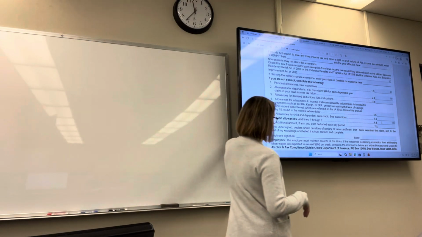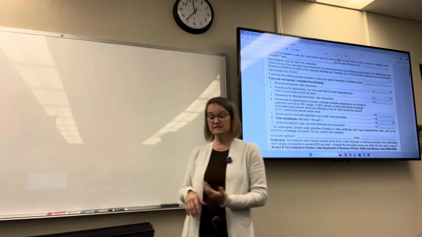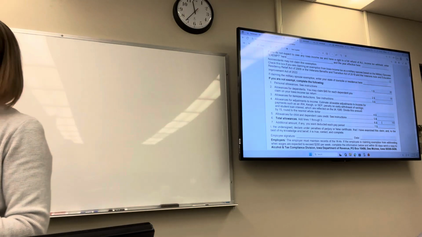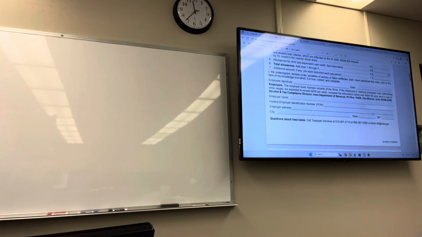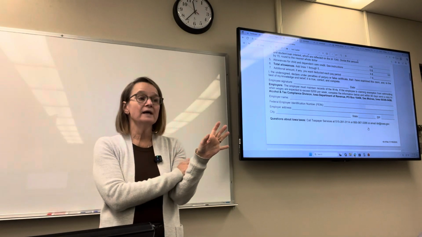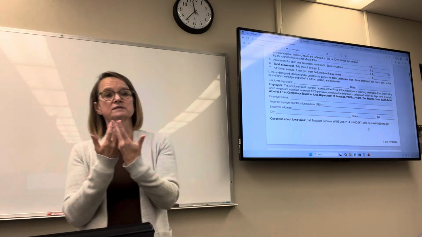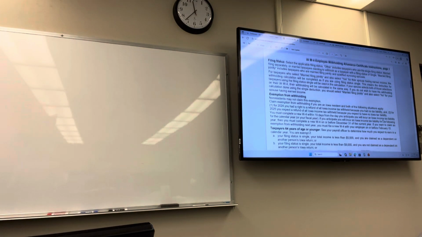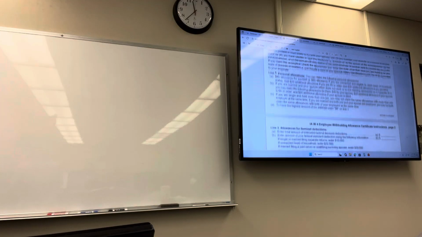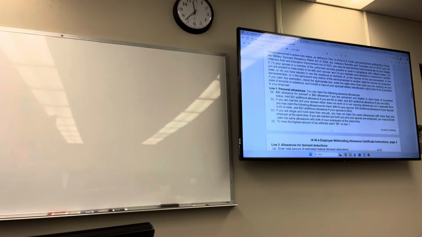And then again, any additional amount that you would want deducted, like if you want an additional $50 every pay period deducted, you would enter that here on the form, sign it, employer enters their information on it, and that's the W-4. Just like the federal W-4, this doesn't go anywhere. It stays with the employer unless the Iowa Department of Revenue comes in and wants to take a look at it. All of the specific instructions for what I just talked about are there on the next 2 pages.